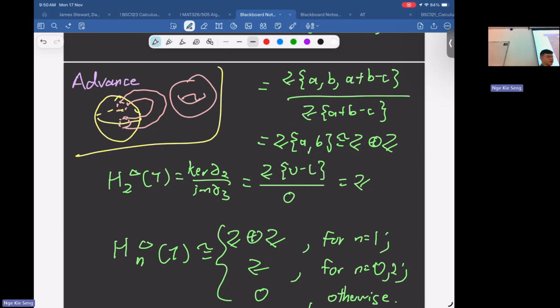How do you see the two-dimensional hole？就是那一片 two cell，对吗？就是这个 sphere 怎么融进这个 torus 里面？